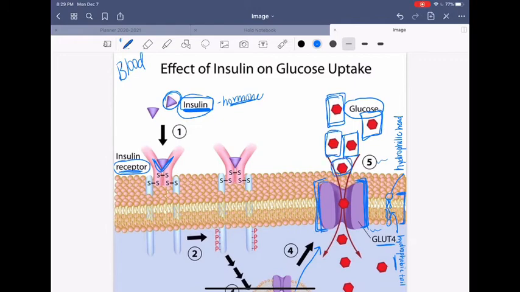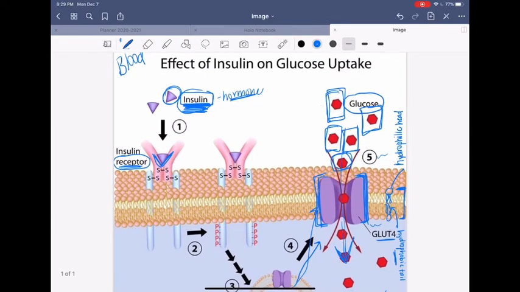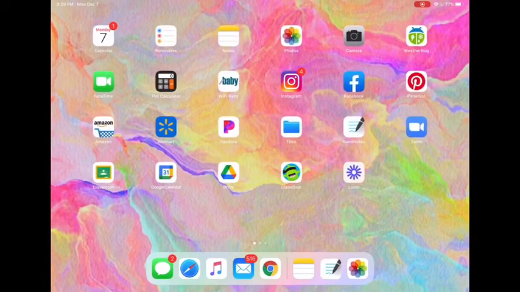And if it's too high, then they'll give themselves insulin, and that will bring these transporters to the surface to allow the sugar to move in. And so it'll mark these out, and it will lower the blood sugar. Okay? Now, if their blood sugar is too low, a different process happens. If the blood sugar is too low,